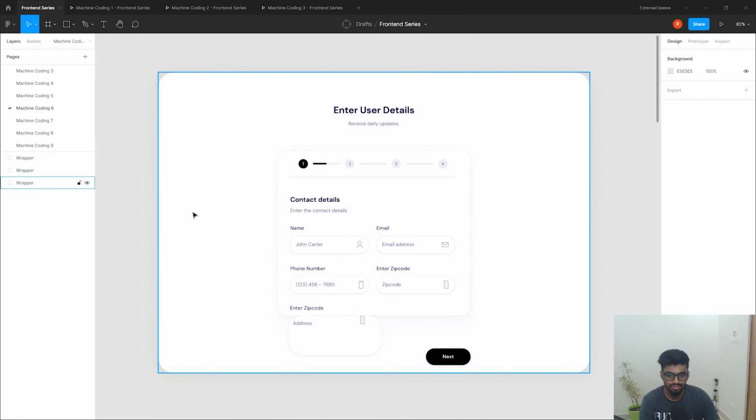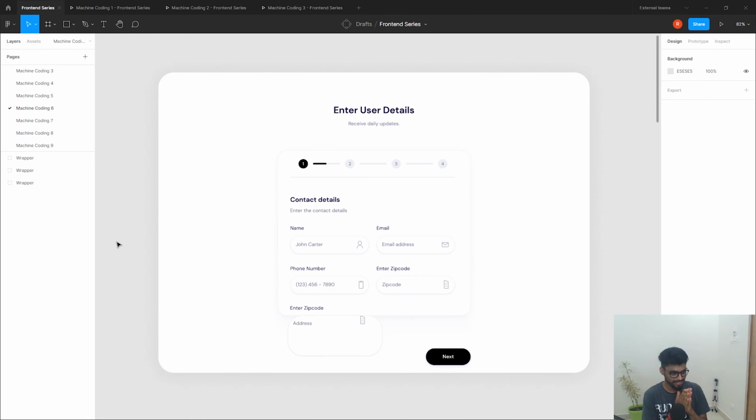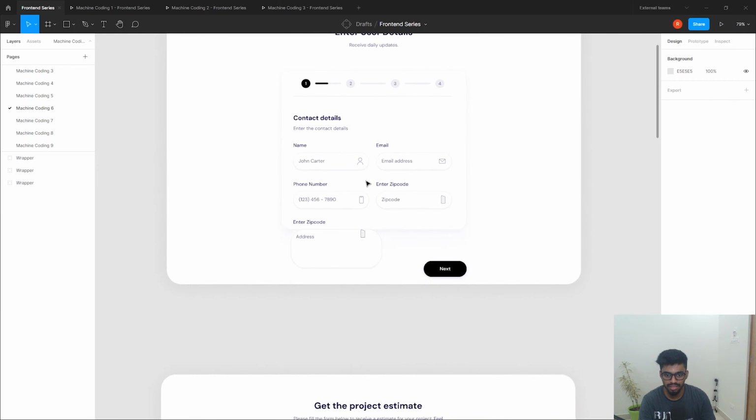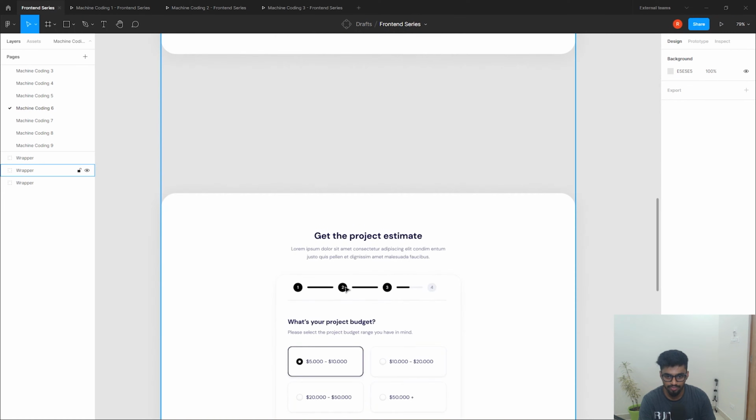We have a lot of things. Okay, so this is mostly about handling the state. So you have contact details. If you see, there are other pages as well, right? So first page,